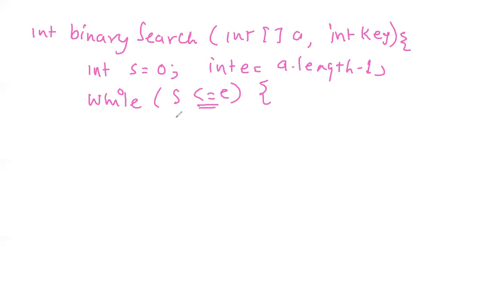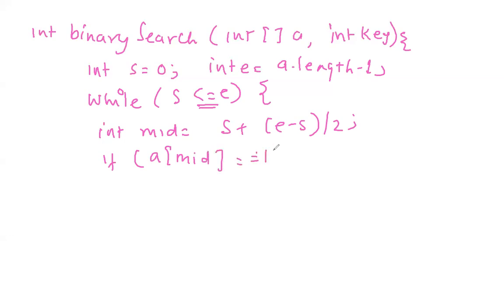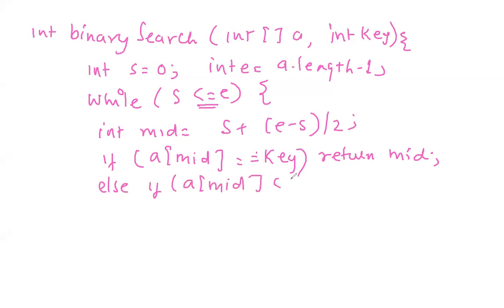That's why I'm going to the while loop, right? In the while loop, I do integer mid equals s plus (e minus s) divided by 2, right? And then we check if a of mid is equal to key, right? Then return mid. If that is not the case, just check if a of mid is less than key,